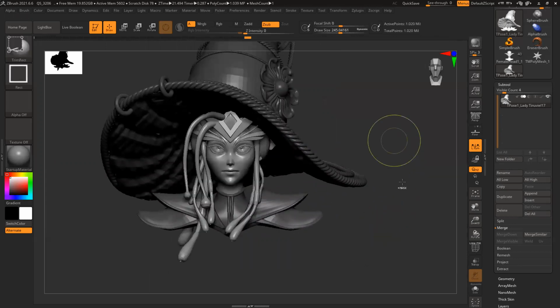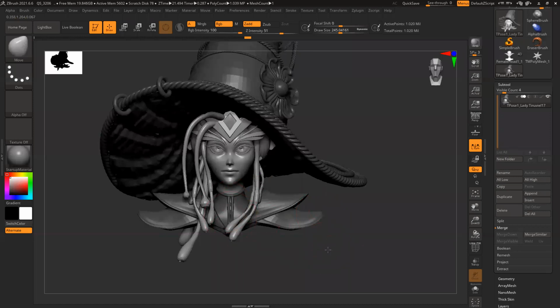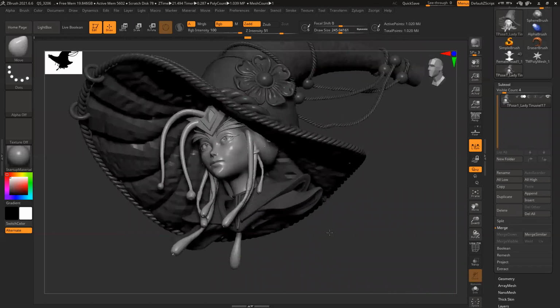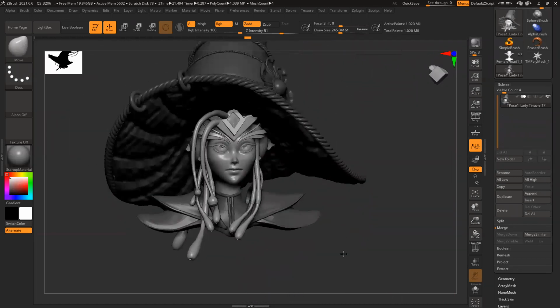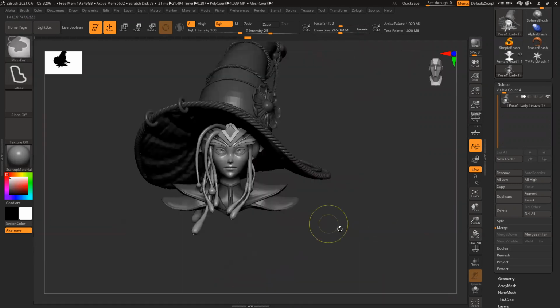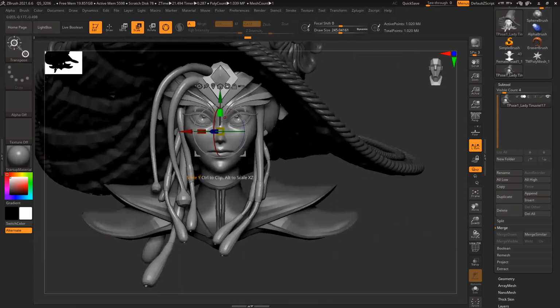It's not inverting. Okay. I have the selection already, and I need a selection for the body and head separately. So let's see. That part I can just push back.